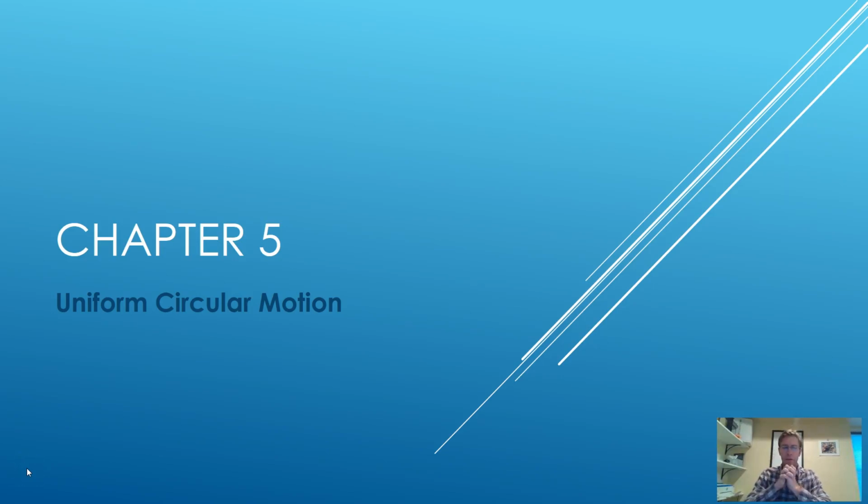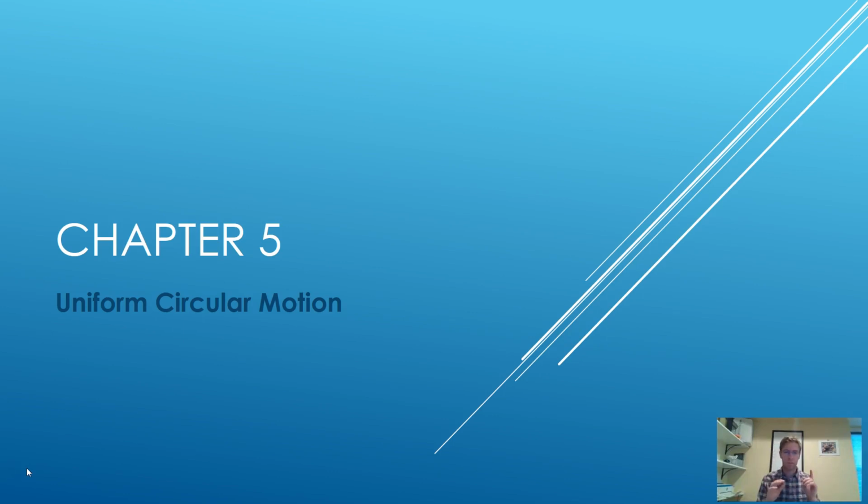We're going to now continue our investigation of forces in motion as we move into chapter 5, and we're going to be talking about a topic known as uniform circular motion. As the name implies, we're looking at things that are moving around in a circular pattern uniformly, meaning at a constant speed. So we're going to start here. Later on, we'll add in things that are moving non-uniformly through a circular path, if they're accelerating around a turn and so on. But for now, we're going to just start with uniform circular motion and look at the forces